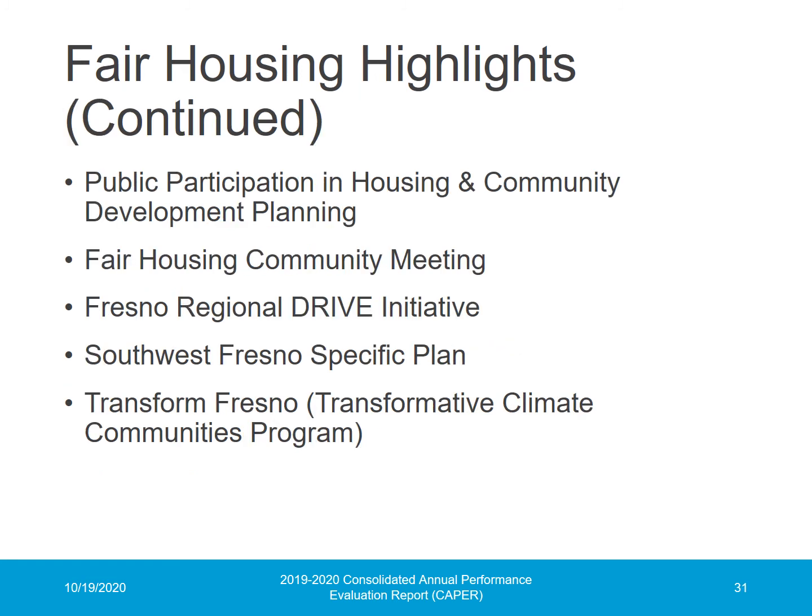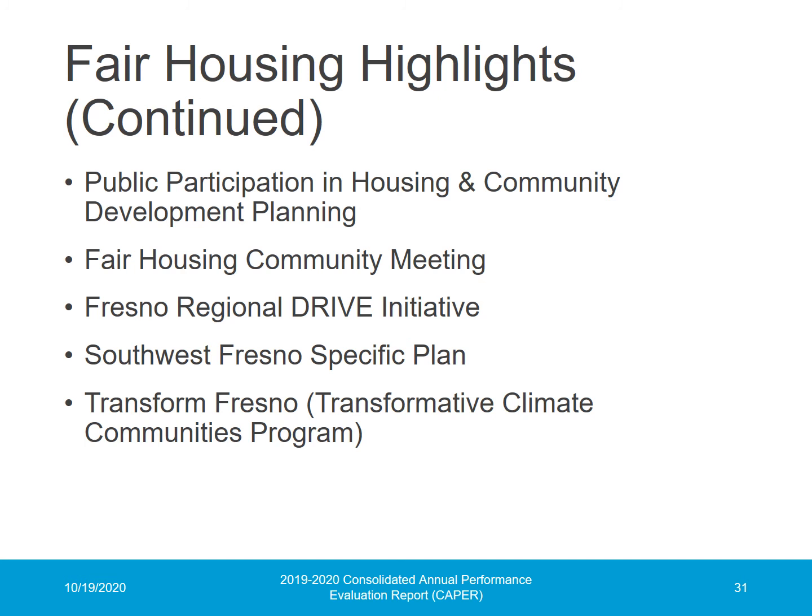The city continued to expand its efforts to affirmatively and equitably provide information and opportunities for involvement by implementing a robust community outreach and engagement plan for the 2020 to 2024 Consolidated Plan and 2020 Analysis of Impediments to Fair Housing Choice. Highlights from this effort include 17 community meetings held throughout the city from November 2019 through February 2020,